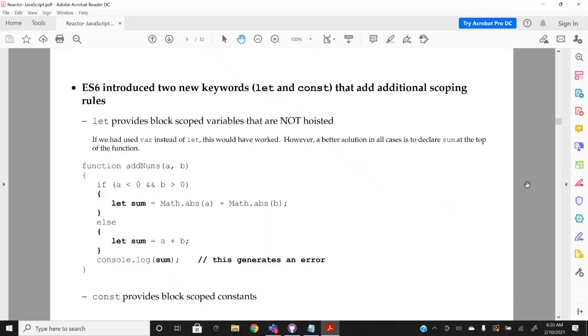Okay. So ES6 introduced two new keywords called let and const, and we try to use let instead of var in the modern world. These variables are not hoisted. They work like variables in other languages. They are block scope, so if you declare them inside of curly braces, they are only known inside the curly